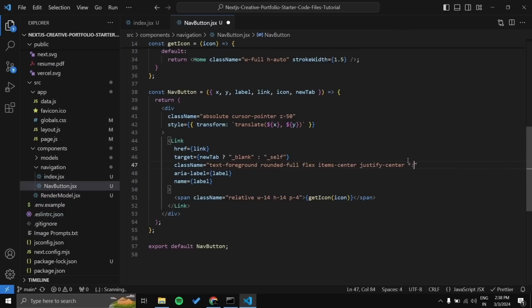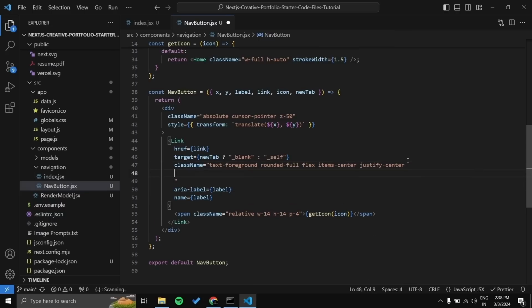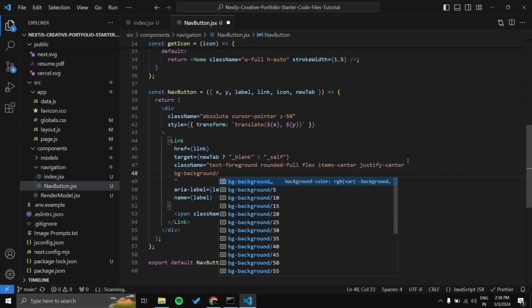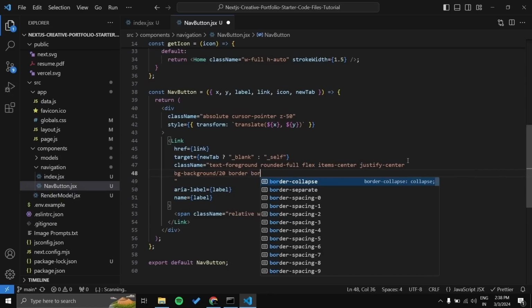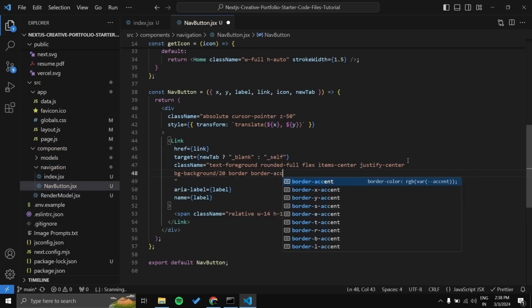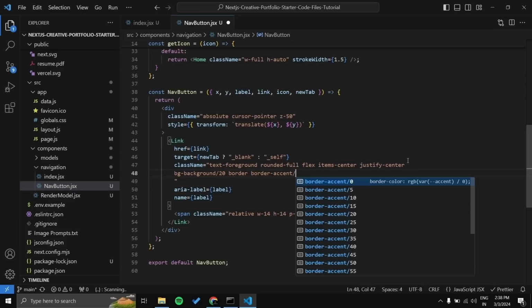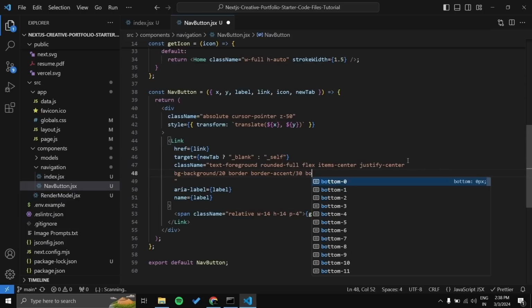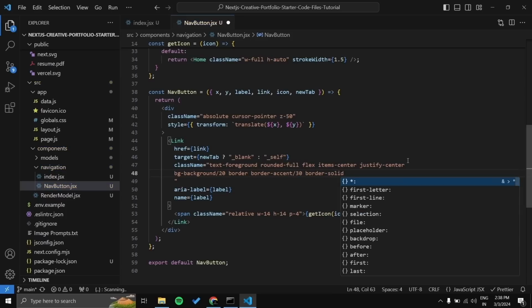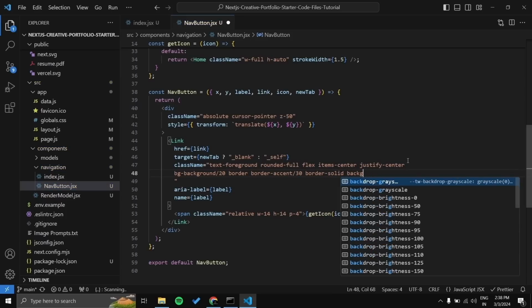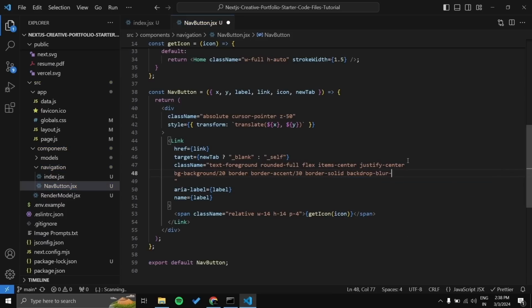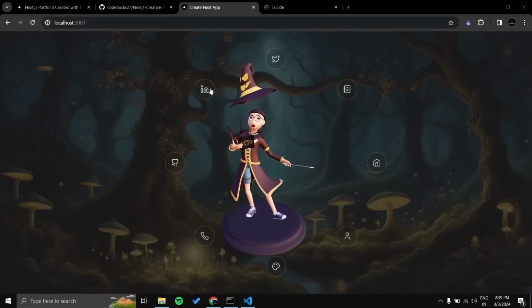Now in this link, let's add background. So bg background, let's set its opacity to 20, set border to border accent color, and let's give its opacity to 30, set border dash solid, and let's add the backdrop filter, blur to 6 pixels, and let's save this. And this looks great,